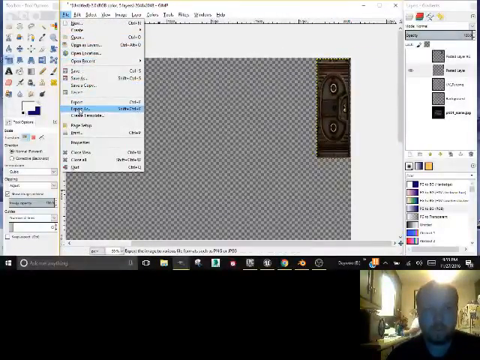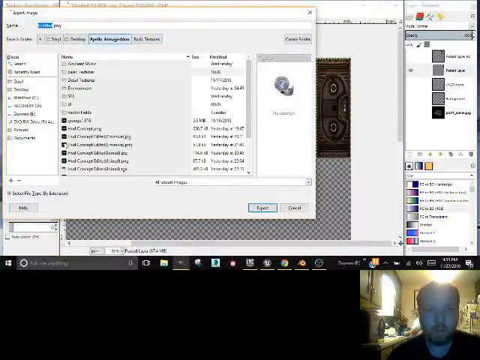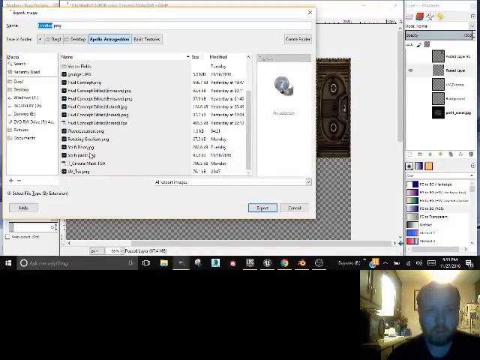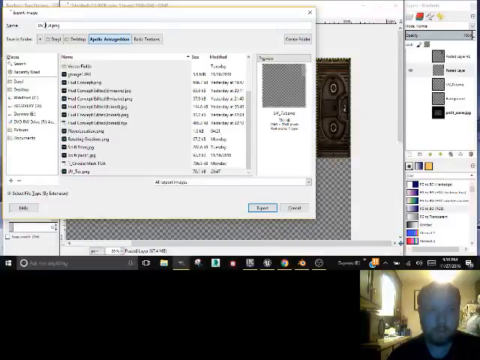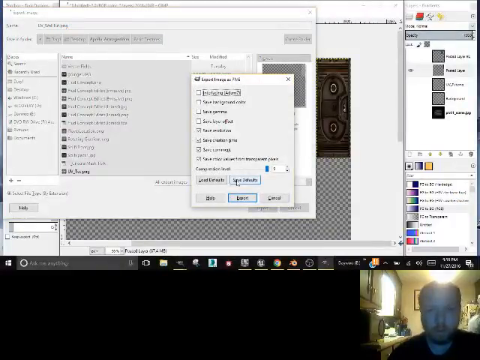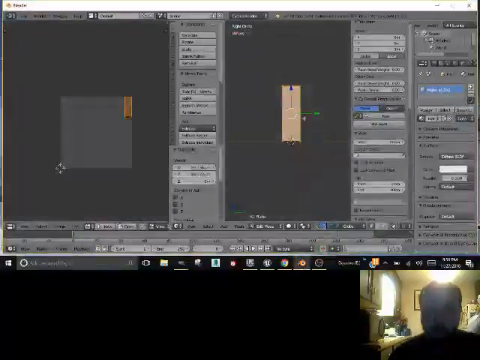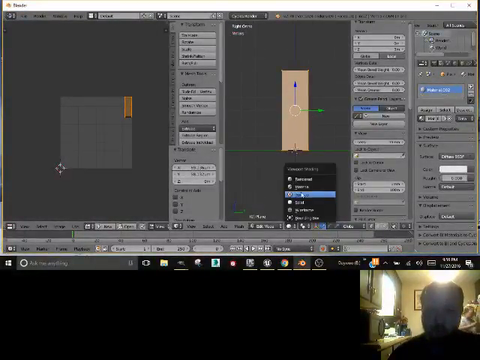So then you would export as, let's see here, we'll save this to wall tut, and then export it. Once you export it, you go back to inside Blender, make sure you're in material mode here, and